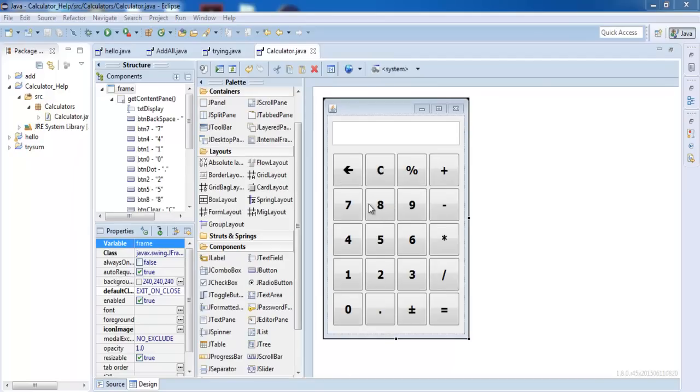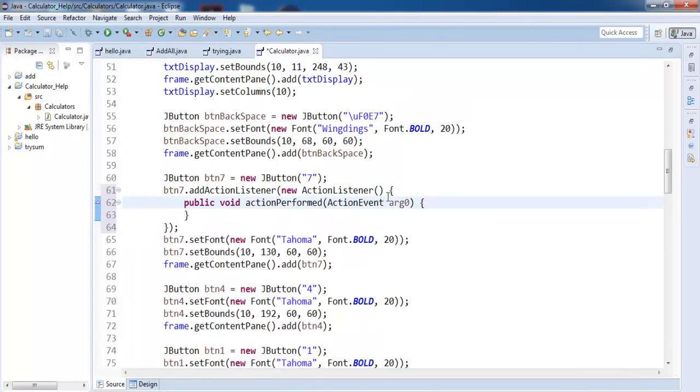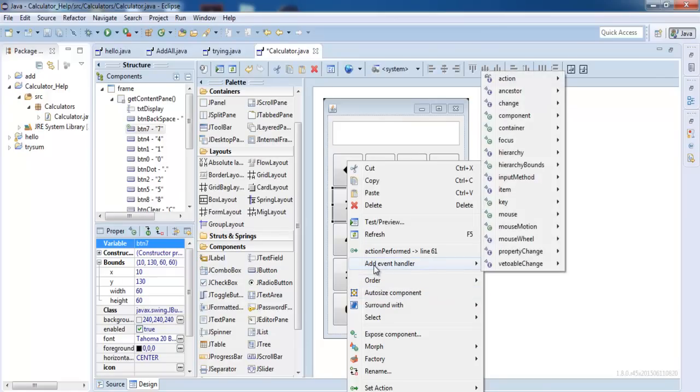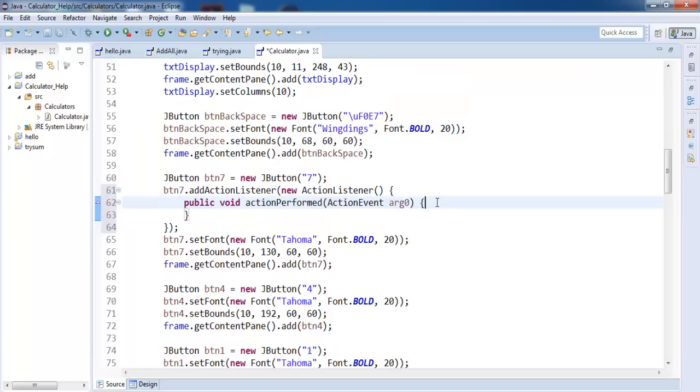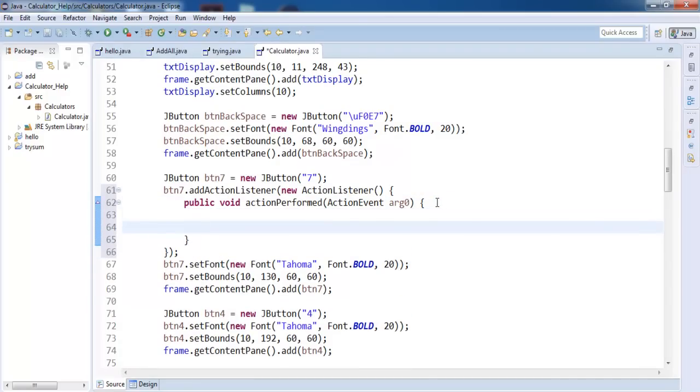Okay, this is how the interface is finally looking. So let's double click on this button, or we can always go to, let me show it to you guys. You can always right click on it and just select add event, and you go to action performed right there. So I will declare the following string: enter number, and now txtDisplay, which is the text box,